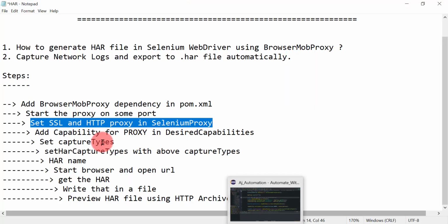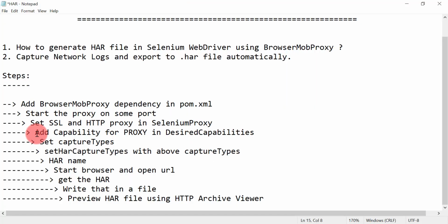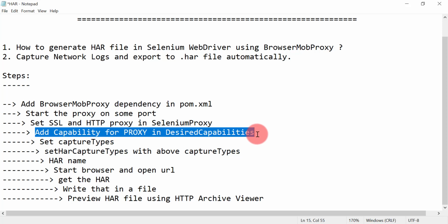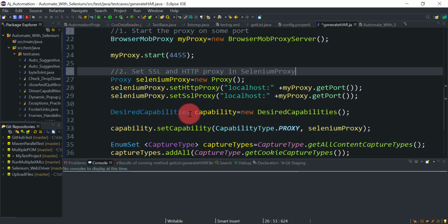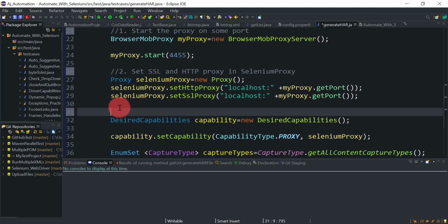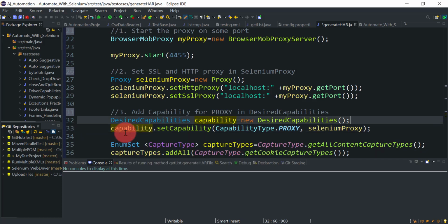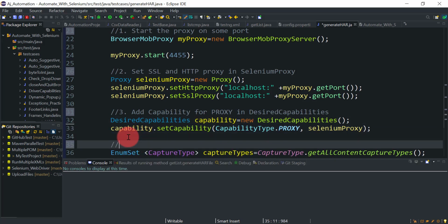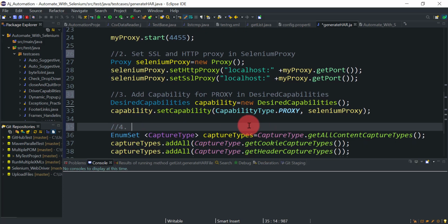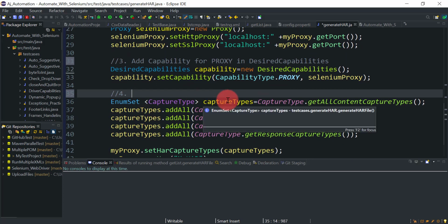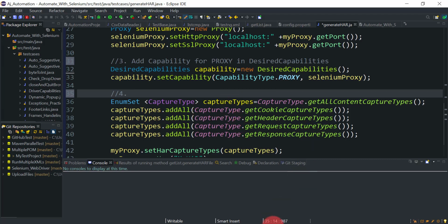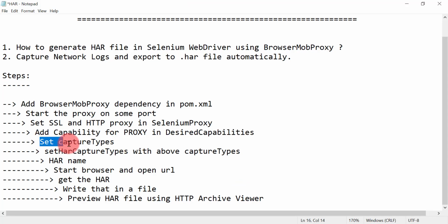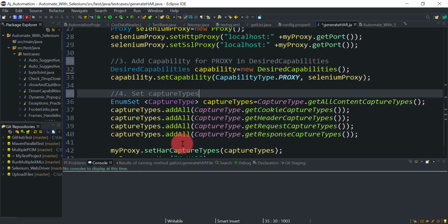Then we added the capability in our desired capability object. This is the third one: add capability for proxy in desired capability. Then we added all the different capture types that we want in our HAR file.